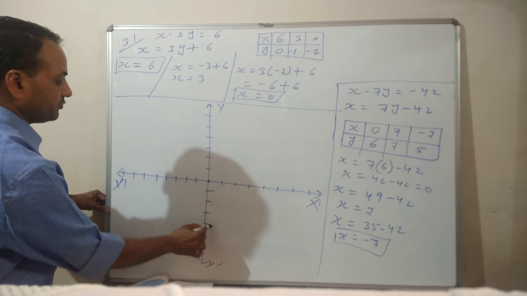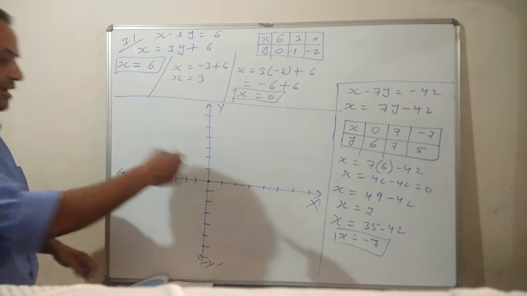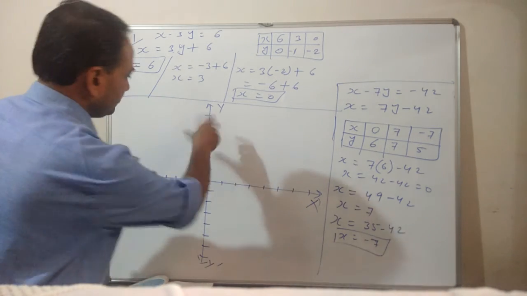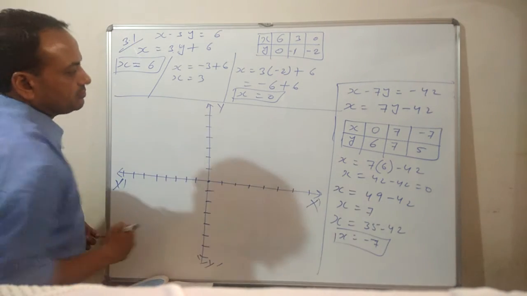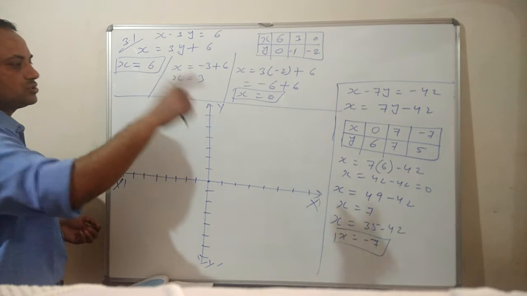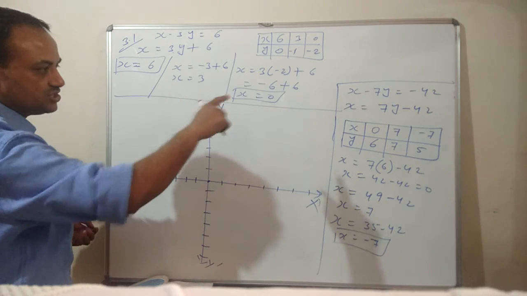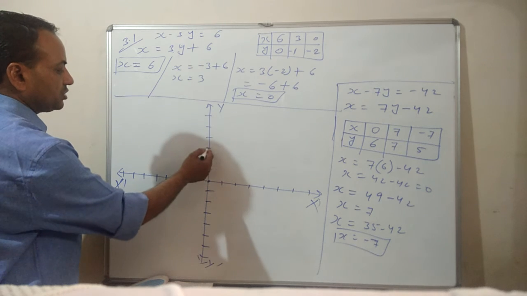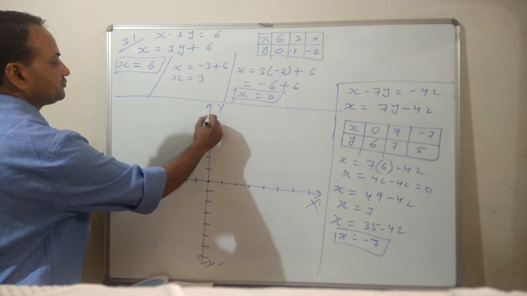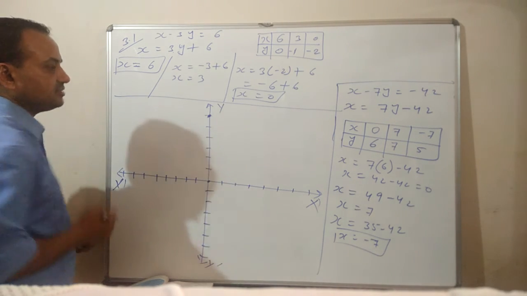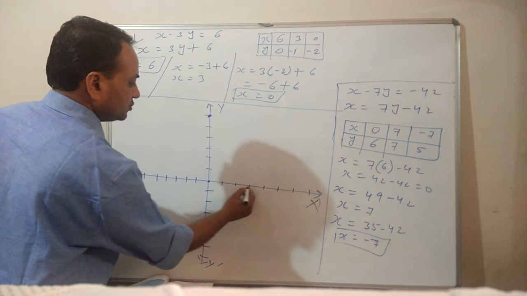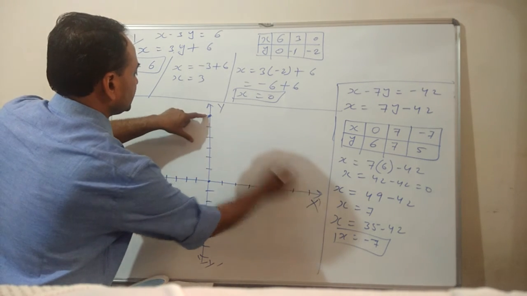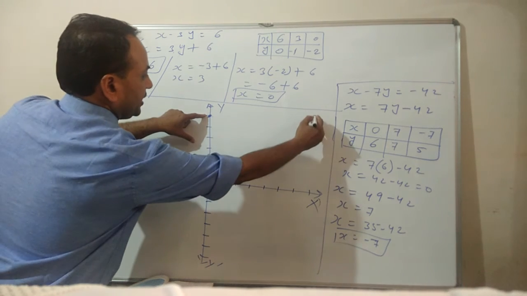1, 2, 3, 4, 5, 6, 7. Since I am drawing roughly, there may be some variation in the gaps. Now the first table: the coordinate is x equal to 0 and y equal to 6, meaning (0, 6) we have to represent. So where will (0, 6) come? 1, 2, 3, 4, 5, 6. This one. This is (0, 6), right? (7, 7): where will it come? 1, 2, 3, 4, 5, 6, 7 and 1, 2, 3, 4, 5, 6, 7. So here it will come.